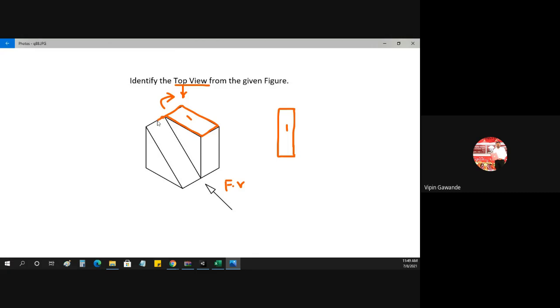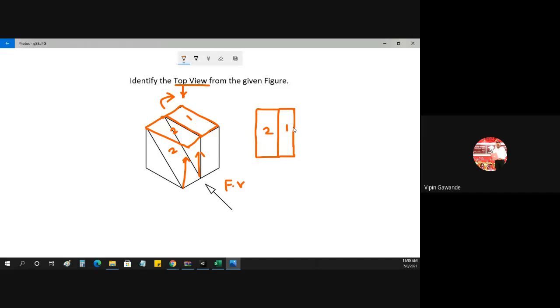Now the second surface is this one, the inclined surface. So what I have told you, whenever there is an inclined surface, you make that inclined surface straight. You transfer this point here, and this point goes here. So this is the inclined surface which is visible to the observer. So just rotate, or just make that inclined surface straight, so it becomes a vertical surface. Now this surface also we have to tilt, and then it comes here. It comes somewhat here. So this is surface 2.